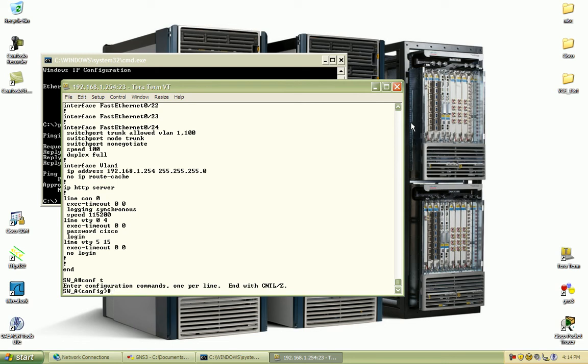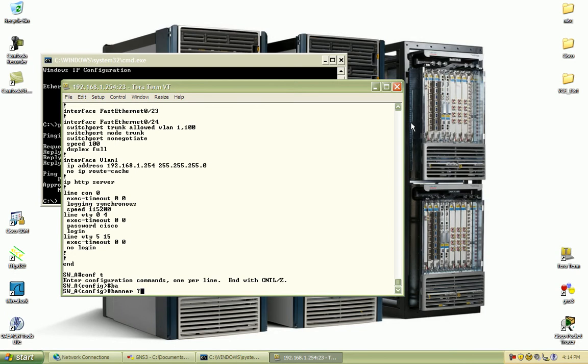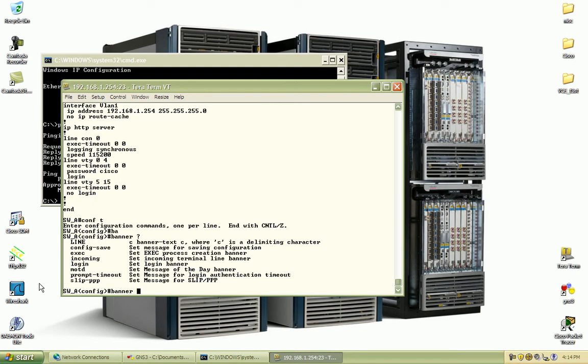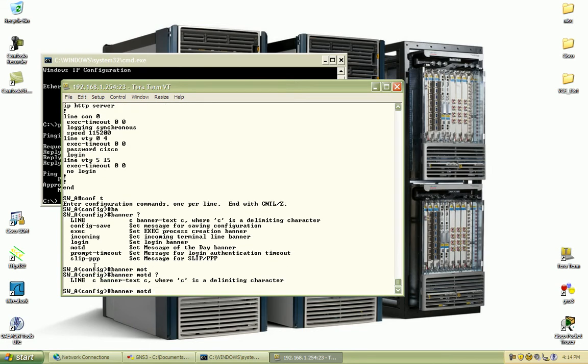So from the configure terminal mode here, we're going to check out banner, and we're going to set the message of the day, which is going to show when you log in. It's MOTD. And you can see the little example here. C is the delimiting character, so basically anything between this C and this C is what's going to be displayed when you log in. So if I were to log in, it's going to show me banner text according to